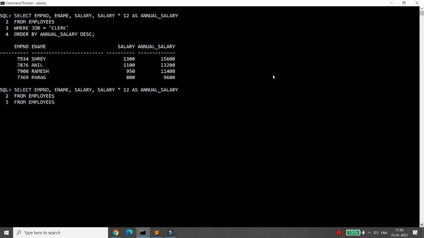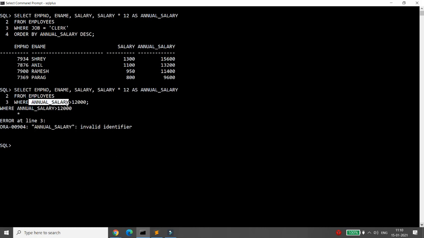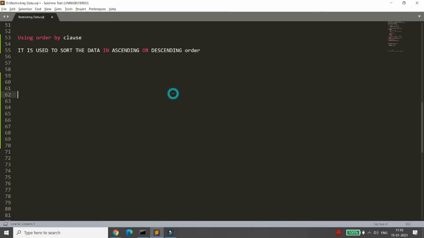Why? I will give you the reason, but right now I just want to use the alias here, that is where annual salary greater than, for example, 12,000. See carefully, you cannot use the column alias in the where clause, just because the order of execution is different.